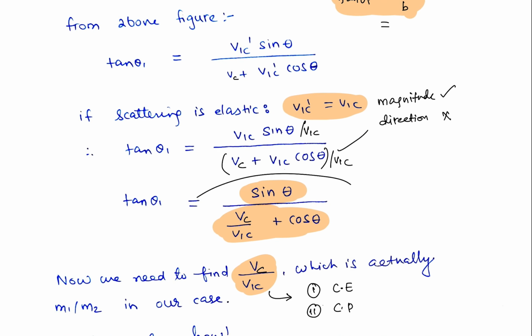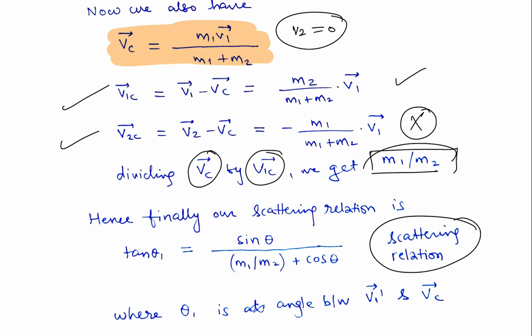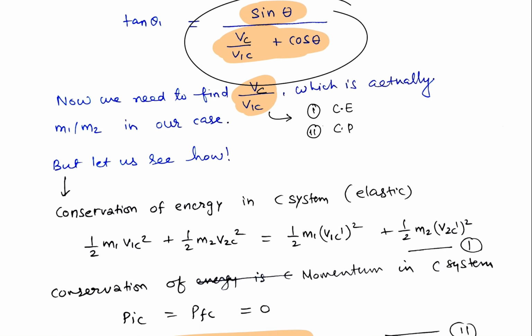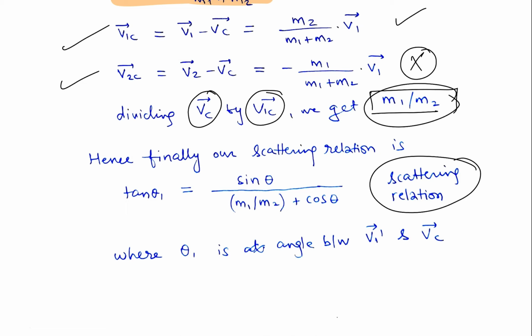Okay, here we have this thing, that is Vc divided by V1c. It is going to be M1 by M2. Okay, so what you do, you just substitute M1 by M2 for Vc divided by V1c. That's the case. Okay, and till now we have got this very important equation, and this is important because it